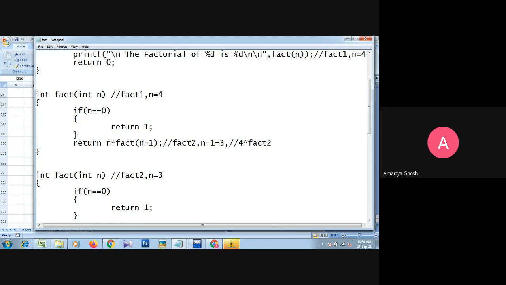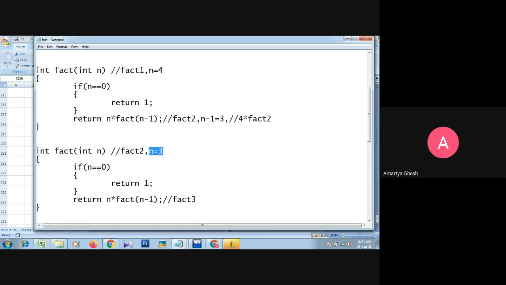We send 4 into the fact1 function, and within fact1 function again call the fact2 function, where we send n minus 1, means 4 minus 1 means 3, and 3 is held by this n of fact function 2. So this is the fact function 2 call from fact function 1, and this is the body of fact function 2 where n got the value 3.